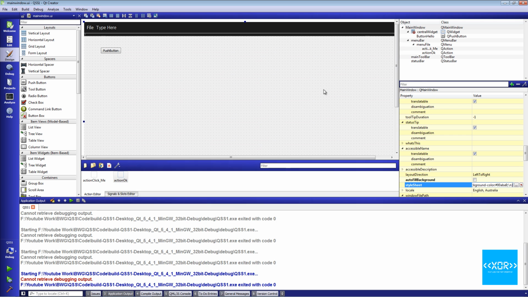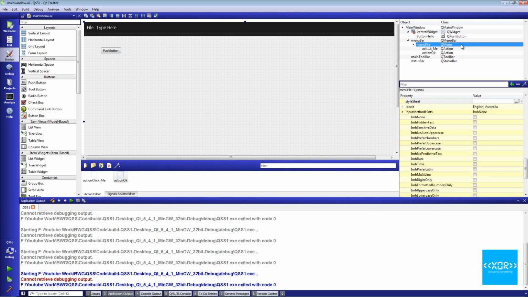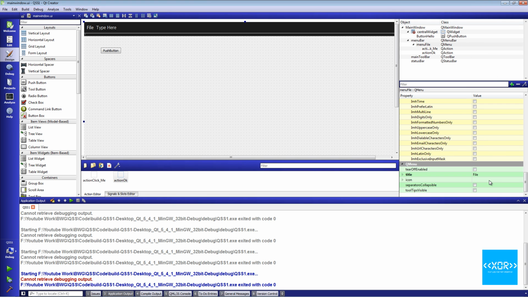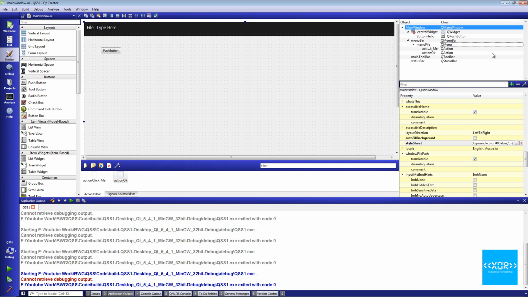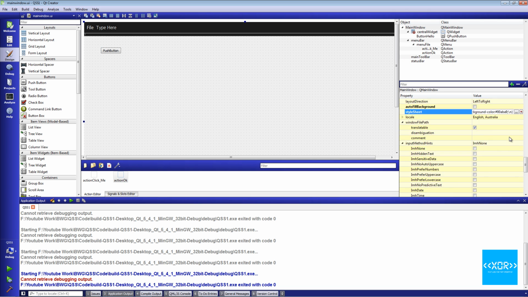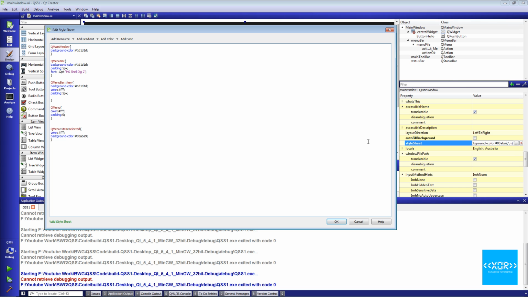So some things we're going to do in the designer just quickly to the QMenuBar. To the QMenu is we're going to, where is it? Actually no, we won't do that. What we'll do is we will set the background color of the QMenu. That's what I was going to do. Sorry. So go back up to here, and we want to,